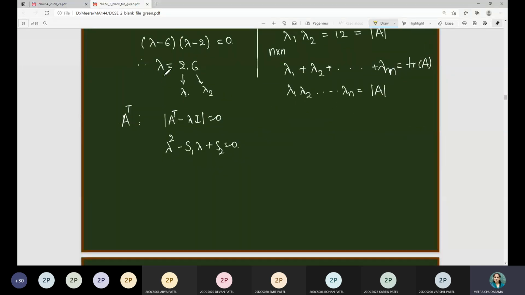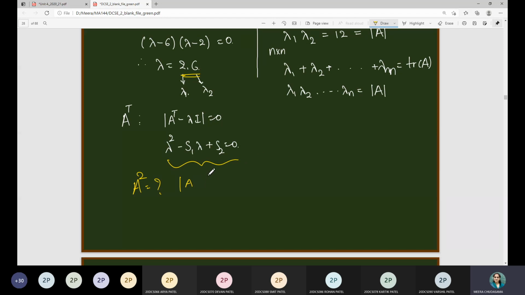Right? Another thing is, suppose A is a given matrix which we have considered over here, whose eigenvalues are 2 and 6. If I ask you to find the eigenvalues of A square, then again you will first find what A square is, after that find its trace, then find its determinant, find the values of this expression, then you will have the answer.